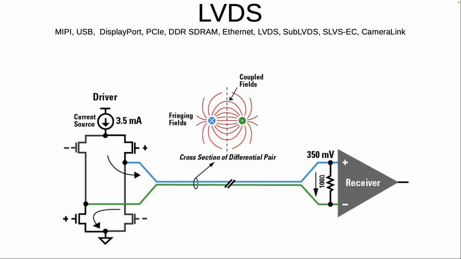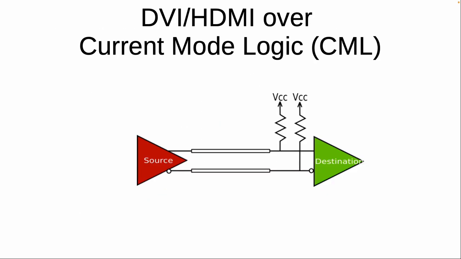Also, if you remember, the single-ended wire could have a large ground loop, whereas here the two wires are very close to each other, so their fringing fields start on one and end on the other. And typically they either run on two traces that are sort of matched length, right next to each other on the circuit board, or they run over coax or a twisted pair. So then they can run further, which we'll talk about in a moment. The big exception to this is DVI/HDMI. It actually uses current mode logic, so a little bit different resistor configuration than the LVDS approach.